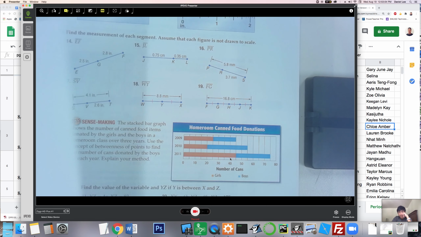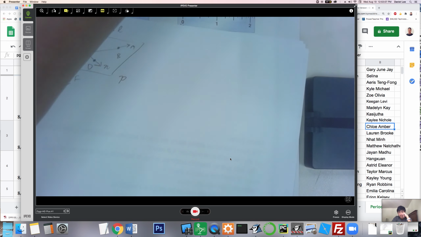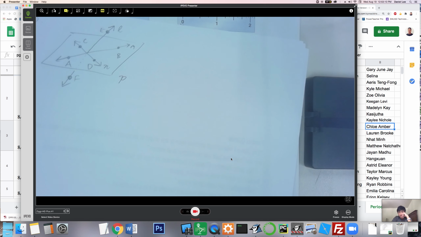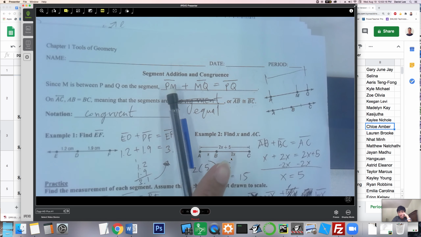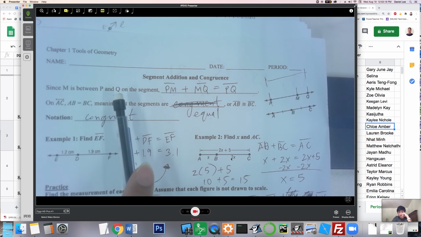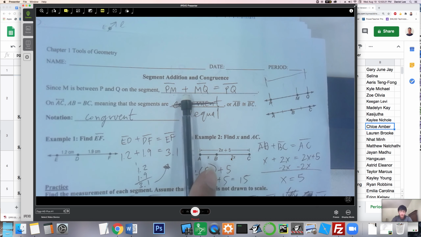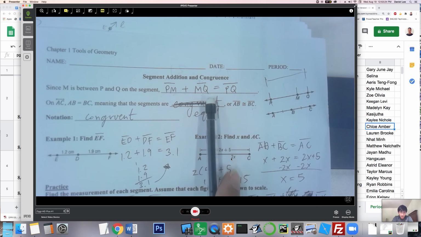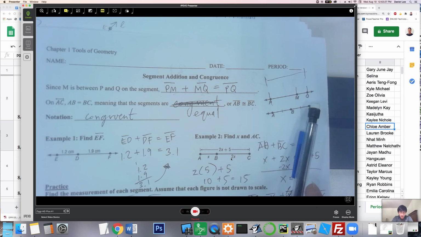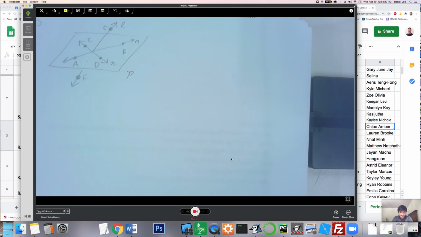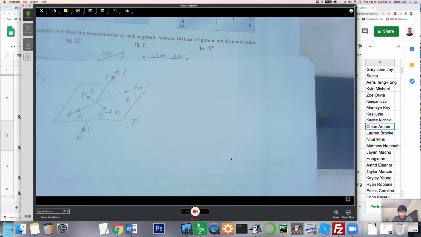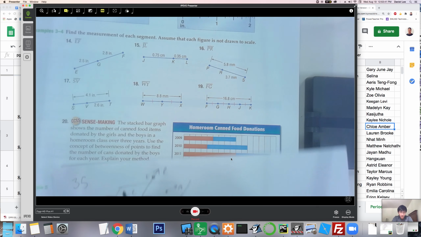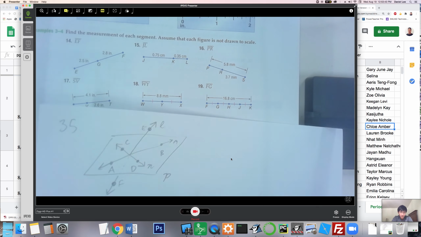Okay. And so using the segment addition postulate, if I go ahead and pull out the notes right here, right? It says that a segment is composed of the addition of the measure of its two parts, right? So if we have this segment here, well, PQ is equal to PM plus MQ, right? So if we're back over to here, okay. If we are back over here, then what we can say, I'm going to put number 17 right here. I could say